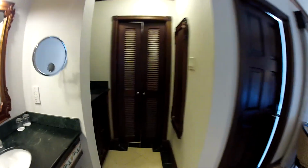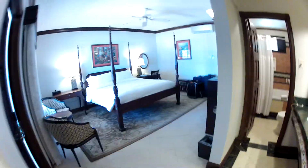And over here you have your cooler. Fully stocked. Okay. And here, more space, plus you got your safe. It's a nice closet. And the best thing about the room is you come out here